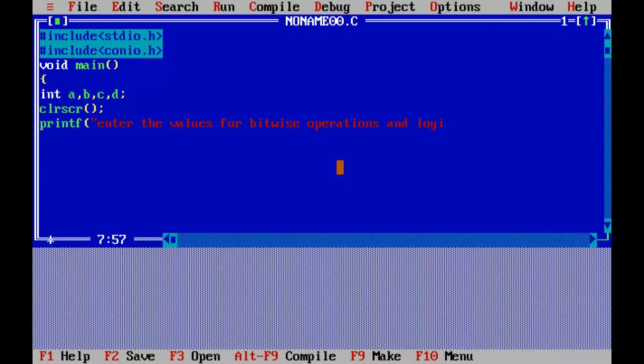We need to mention this so that when you execute the program, we could see this line on the screen and we'd come to know that we are supposed to enter the values.